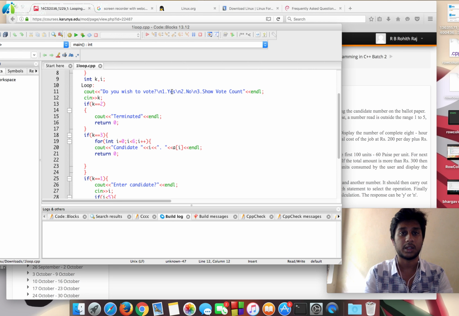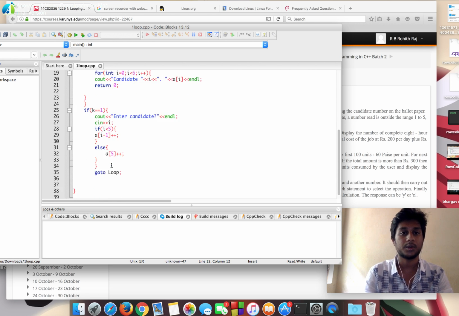And if he wishes to vote, that is 1, it goes into this statement, and in this statement you can see I prompted the user to give me a candidate number, from 1 to 5, to which he wants to vote. Then I stored that number in i. Using the if statement, I incremented the value for the candidate's number. There are 5 candidates, so in an array it's from 0 to 4 actually. So if it's candidate 1, his ballot will be in array 0, so i minus 1 gets incremented